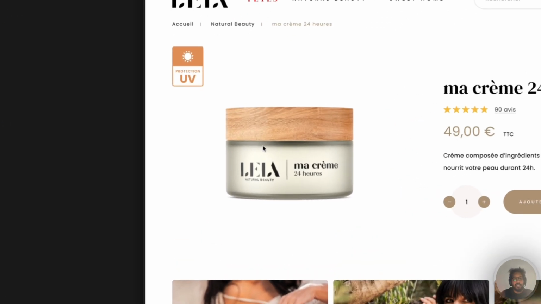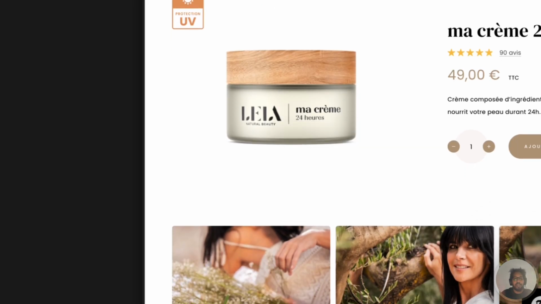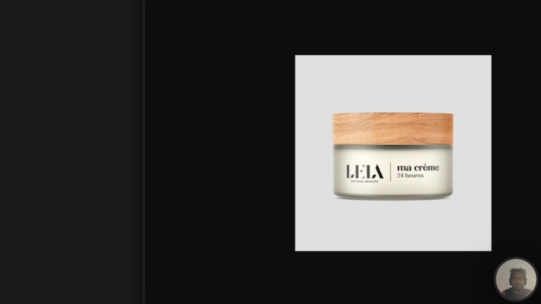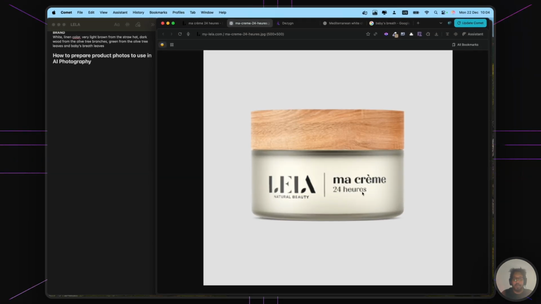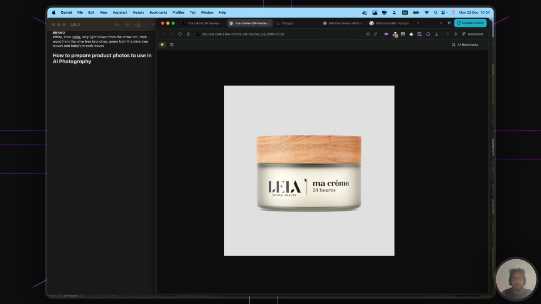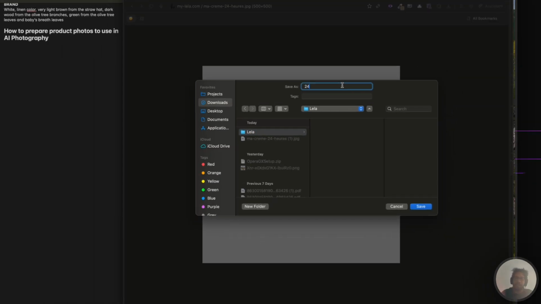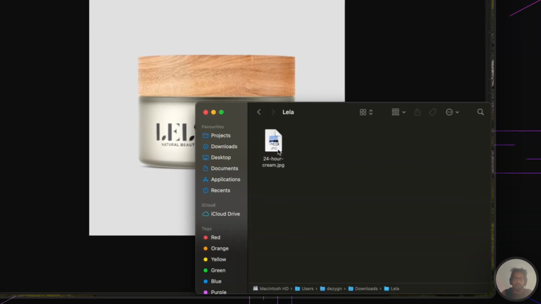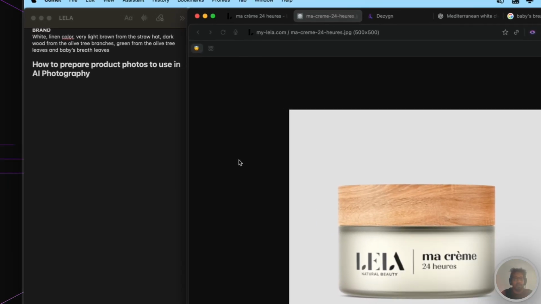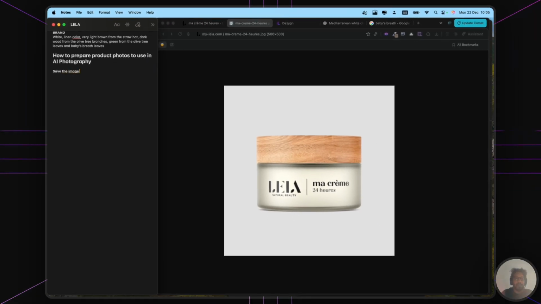Thankfully, for this example, this is one of the simplest cases, because the image, if you can see, is not high resolution, but you can read the text, it's not blurry text or anything. So I could almost do with this image, but we're gonna still prepare it. Okay, so let's call it 24-hour cream. And so we have it in a folder here. There we go. And what we want to do is save the image in a